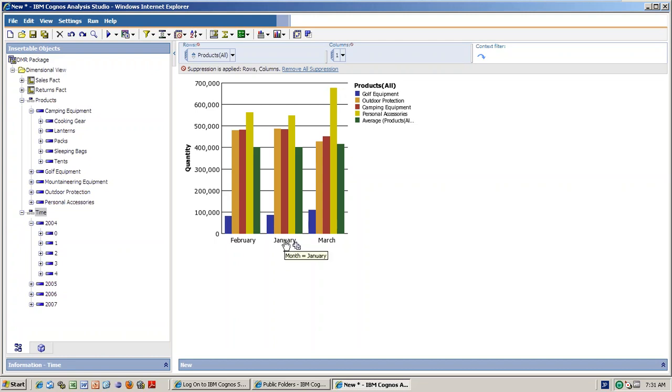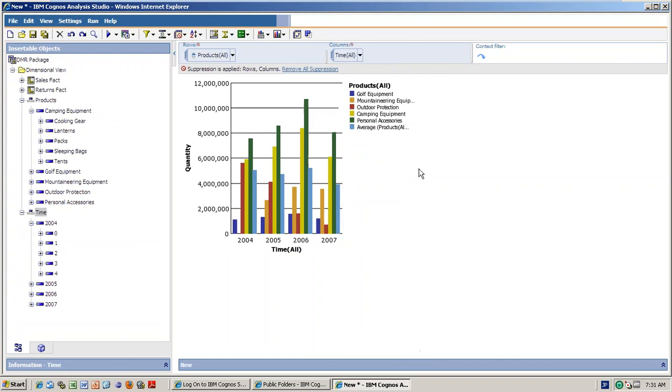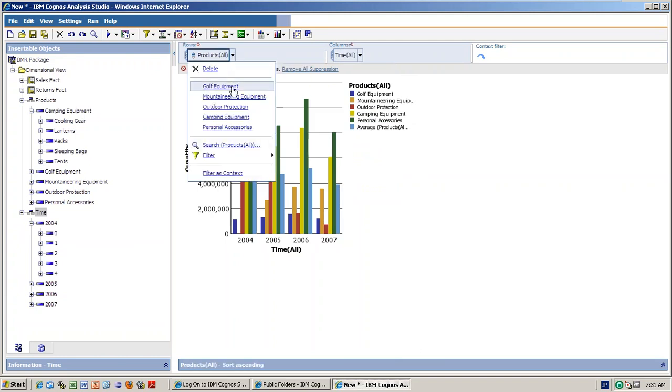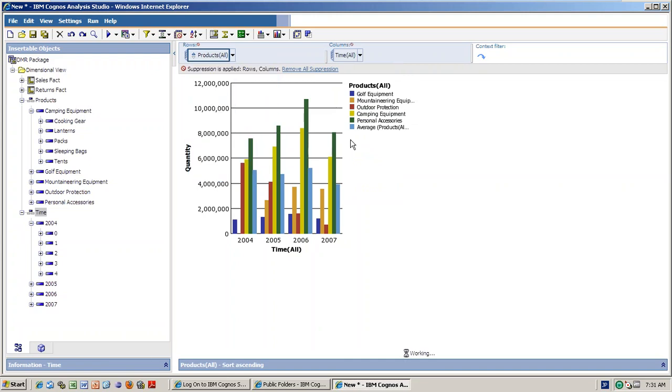If you want to go up, what do you need to do? You can select here, column wise, then you can directly select the time all. So obviously it will go to the top level once again. And if you want only the camping equipment level, you select only camping equipment. So you can shift anything, whatever you want.